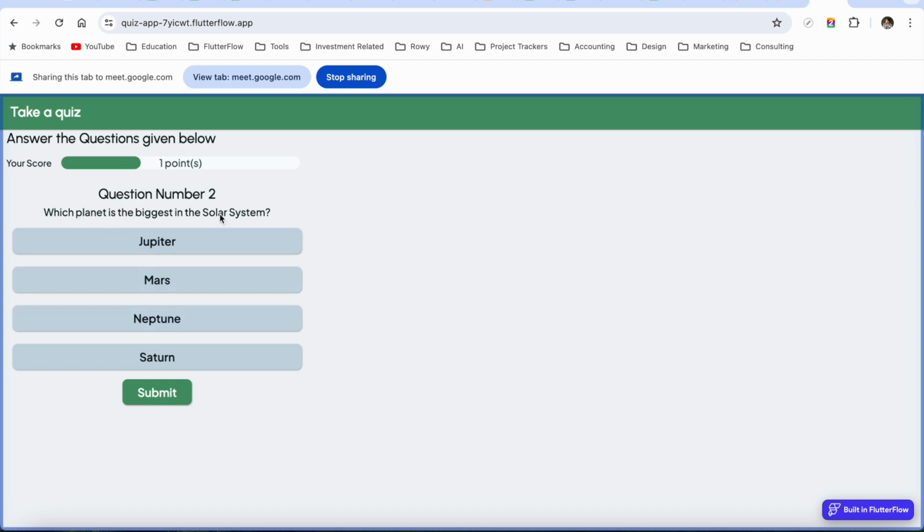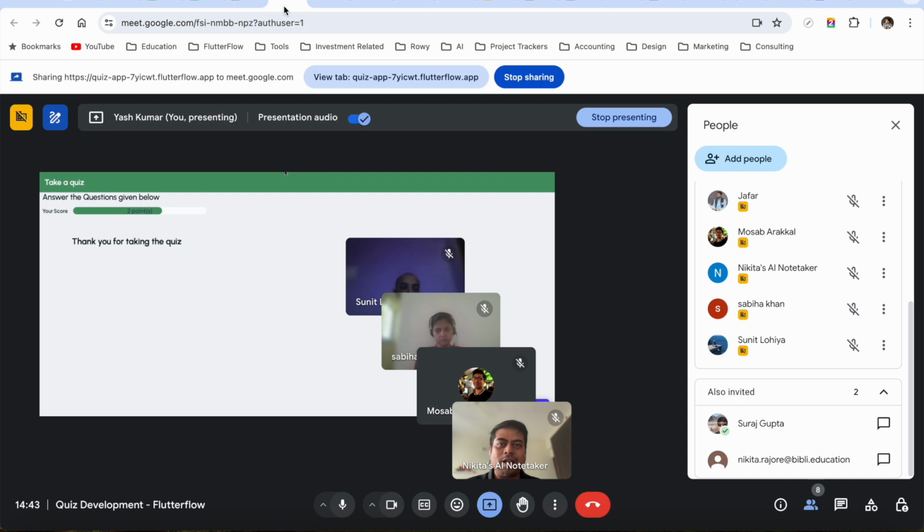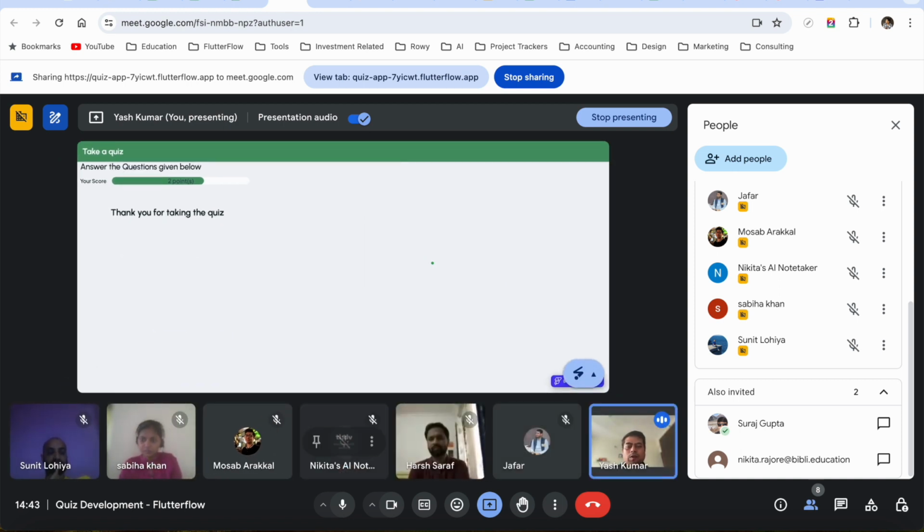It asks which planet is the biggest in the solar system. Now just for experimentation, I do something wrong and submit it. So it gives me wrong and then moves to the next thing. If you see dynamically, the points did not change. It remained at 1 point only. And then it moved to the third question, which planet is closest to the sun. So if I select Mercury, it gives me 2 points. So a very simple widget, but it will be useful for the purpose of demonstrating in this session